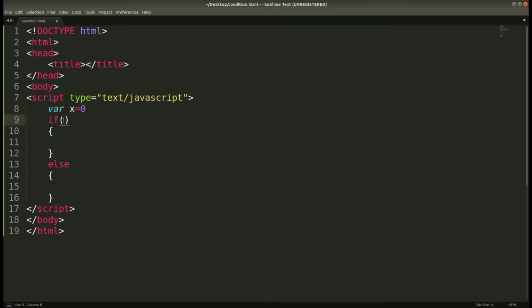I will write: if x equals 0, then print, that is document.write hello, else document.write by. Save it. As here the x value is 0, it should be equal to 0.